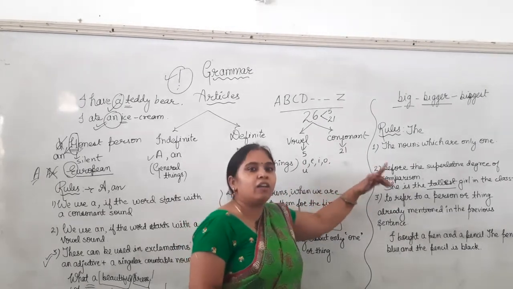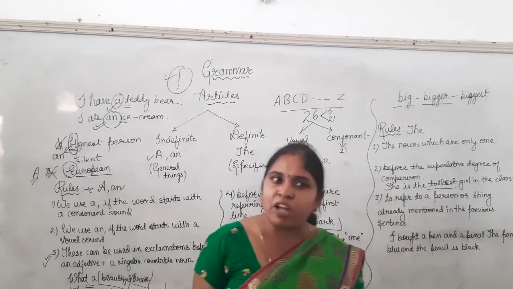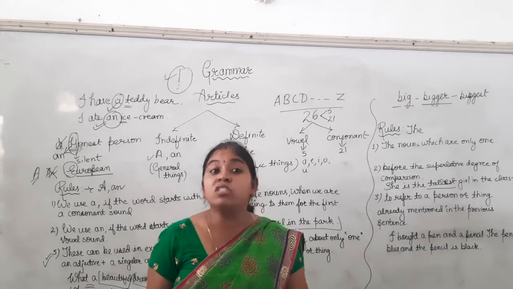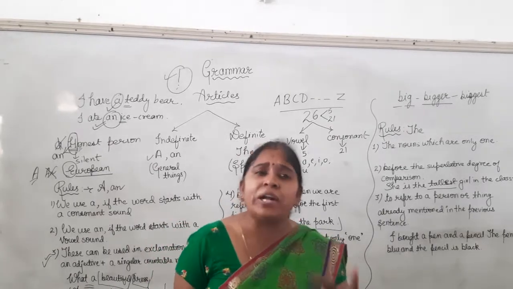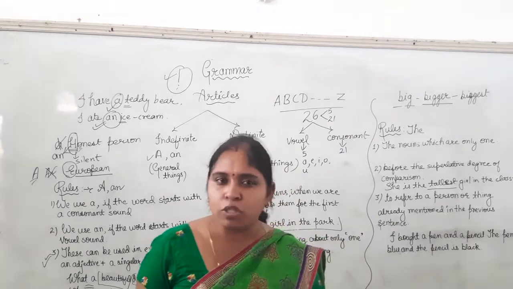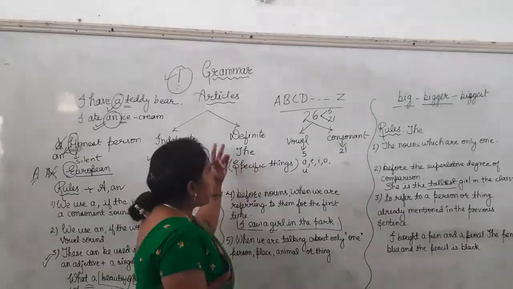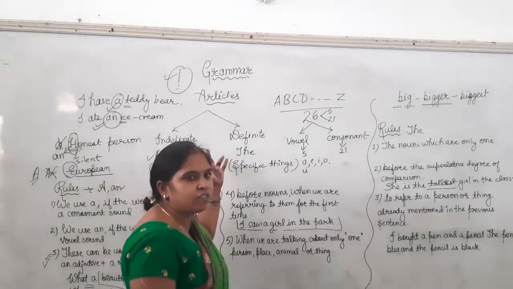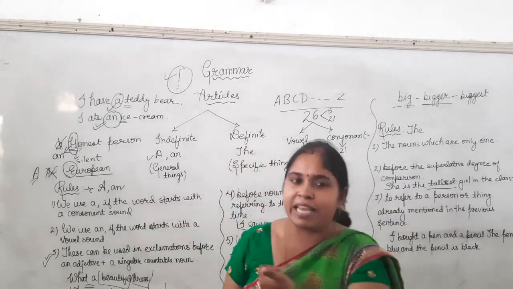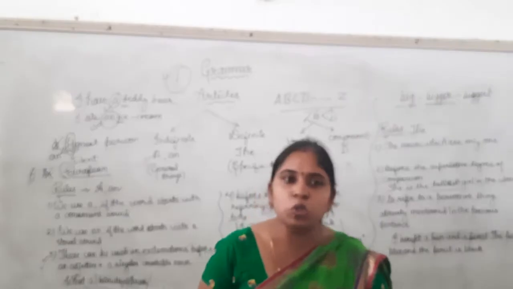And the article "the" we use with the superlative degree of comparison, with the things which are one in number, and with the nouns which are already mentioned in the previous sentence. Okay, students. So I hope this topic which we have discussed today, the rules of the articles "a" and "the", is clear to you. So that's all in today's